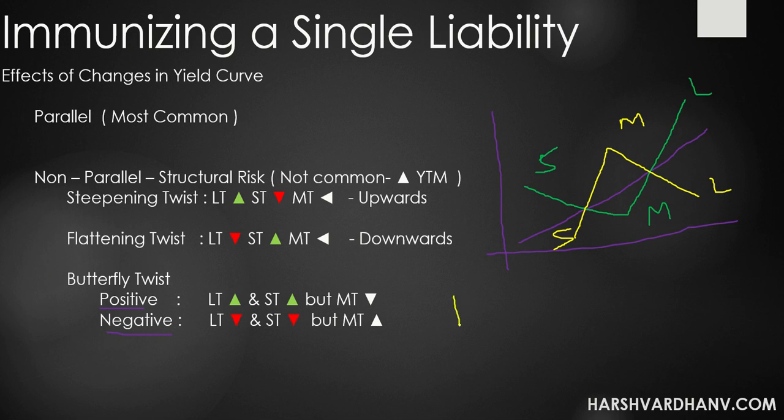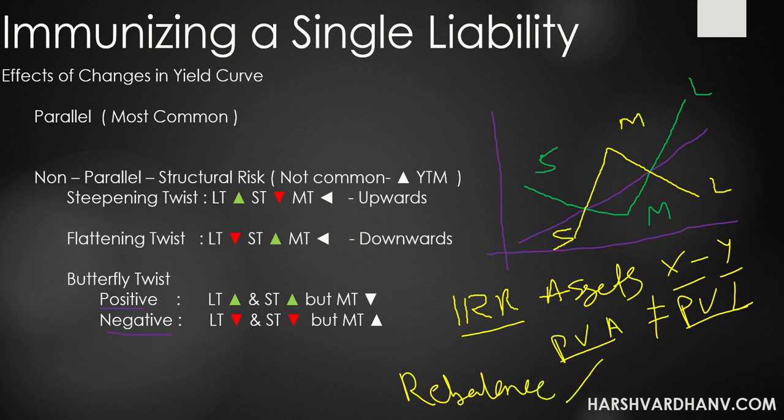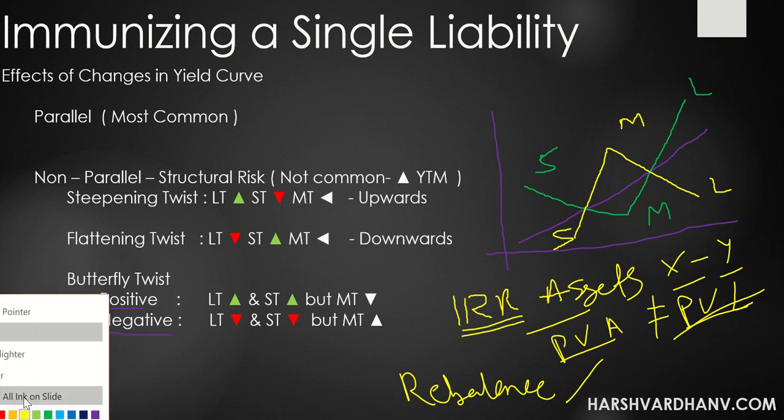The point over here is that every time the yield curve has a structural risk, your IRR will change, right? Because now your assets are pointing to some other yield curve. Your assets were originally at X yield curve, now they are at Y yield curve. So your present value of assets and present value of liabilities will have a mismatch. You have to make sure this equals this, so you'll have to adjust the IRR. To adjust the IRR, you'll have to rebalance the portfolio, adding and subtracting assets such that PVA equals PVL, right? So this is the agenda of explaining the impact of the yield curve.